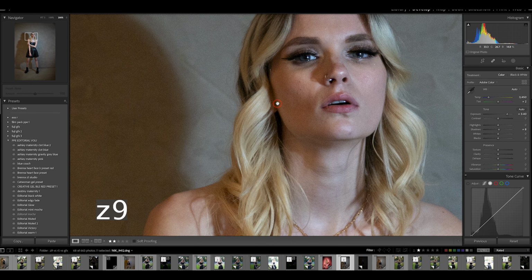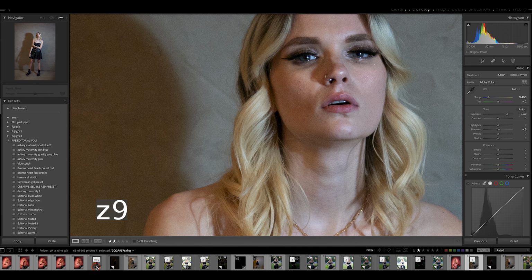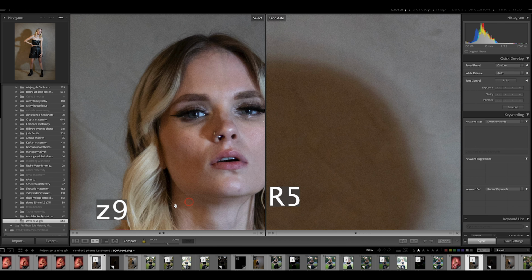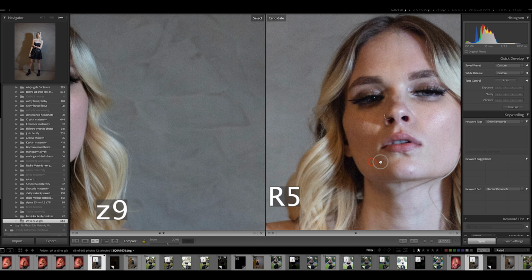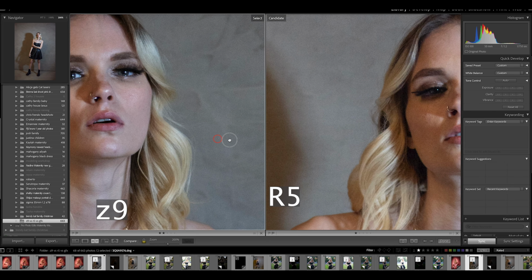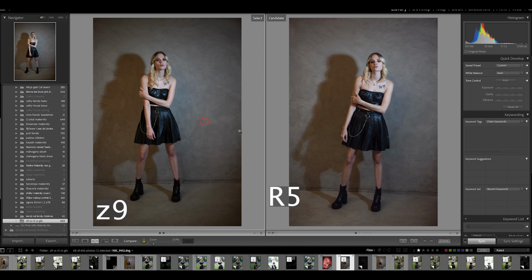I'll do it again real quick just so everyone can see, I think that the Nikon file had better pretty much everything. Okay, Nikon on the left here, remember 2 stars versus 1 star on the right, which is the Canon R5, and you can see that the Canon has more noise, ever so slightly, but it does. And I think the color retention is better on the Z9,